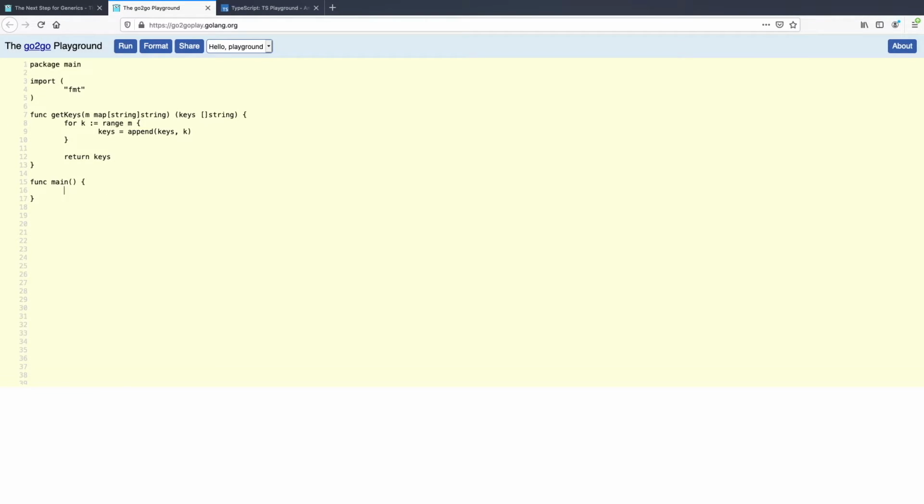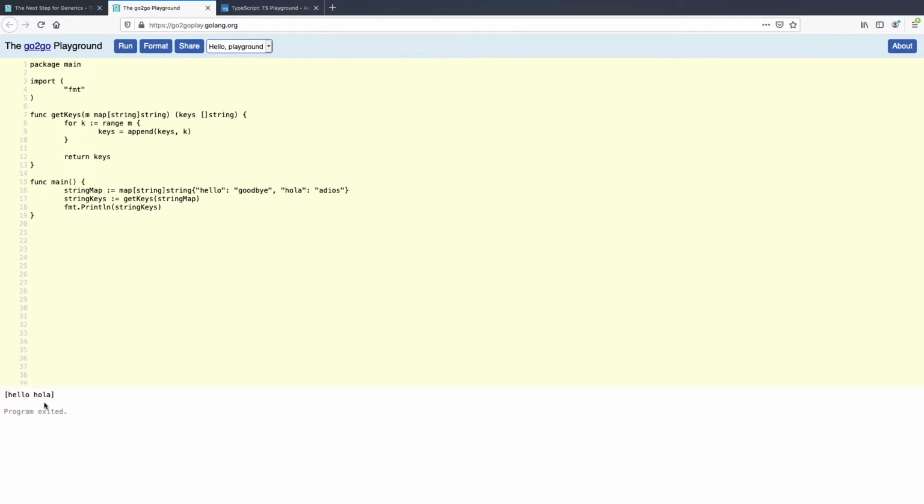But for string maps, so we can say map string, and then we'll say hello, goodbye, and then hola, adios again. And it should work for our, provided I've done everything correctly, string map, and then we can print string key. So this should work for our string map.